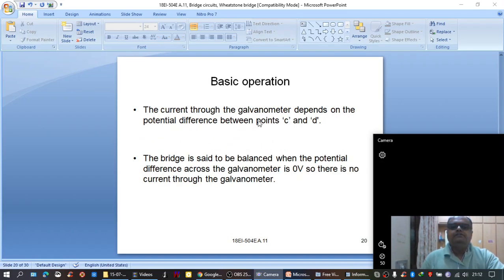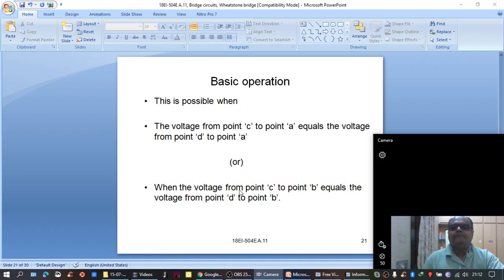The current through the galvanometer depends on the potential difference between points C and D. The bridge is said to be balanced when the potential difference across the galvanometer is 0 volts. So there is no current through the galvanometer. This is possible